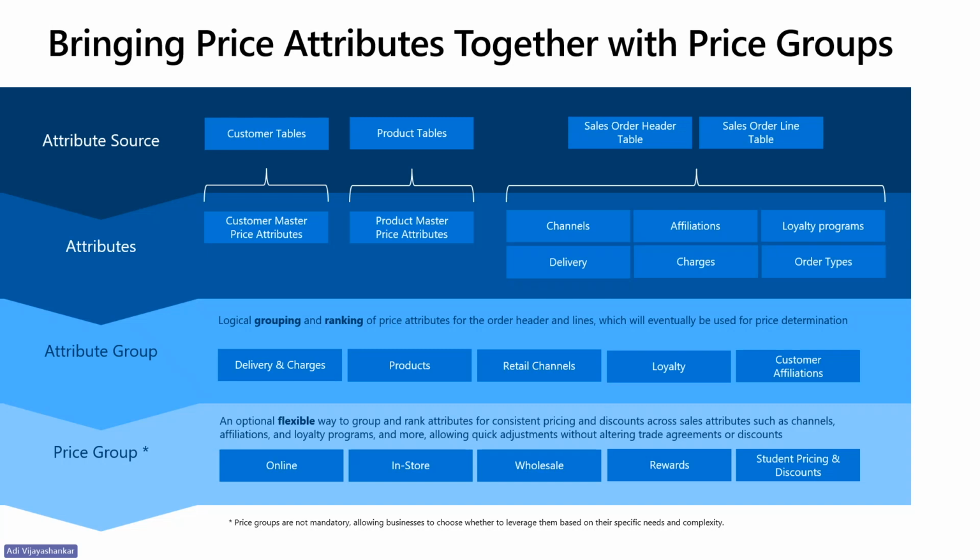So this gives you the power to manage pricing across multiple scenarios like e-commerce, physical stores, or wholesale without the need to touch the underlying pricing structures. So for example, Contoso can create a price group that combines all attributes like sales channels and customer loyalty programs, allowing them to apply specific discounts such as student discounts or loyalty rewards across multiple locations with just a few clicks. This flexibility ensures that businesses can make quick, broad adjustments, responding rapidly to market changes without disrupting the overall